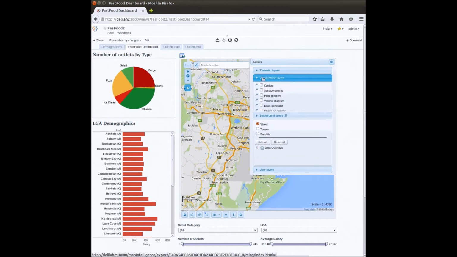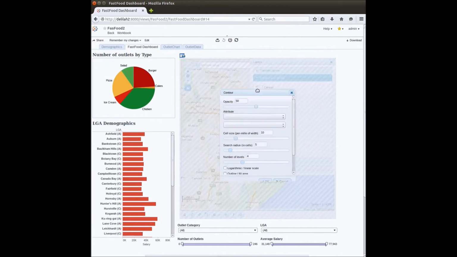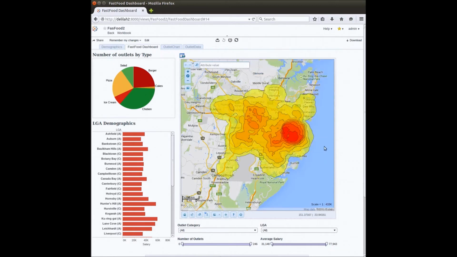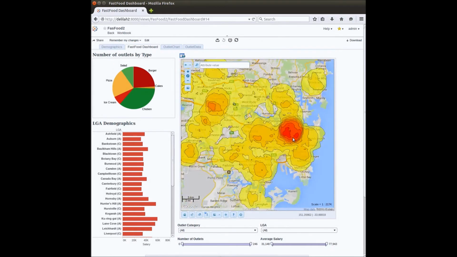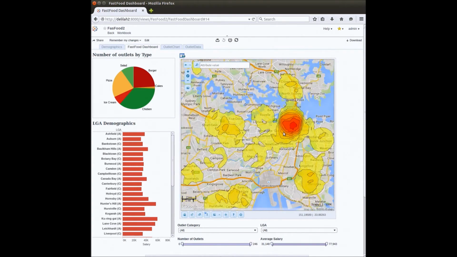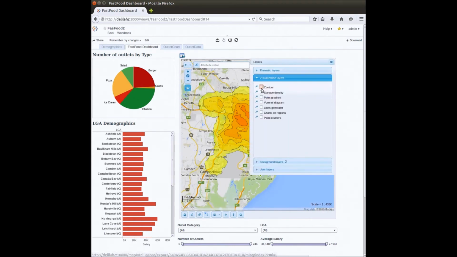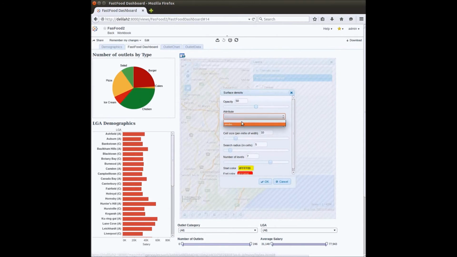So I can take the point there, even though it's not visible, and look at doing a count and a hotspot analysis of that, and see the density on the map of where those are. You can see it's basically around the city centre. As I zoom in, that's reevaluated each time to show me a more refined view at each zoom level. Similar to that, we have a density surface,